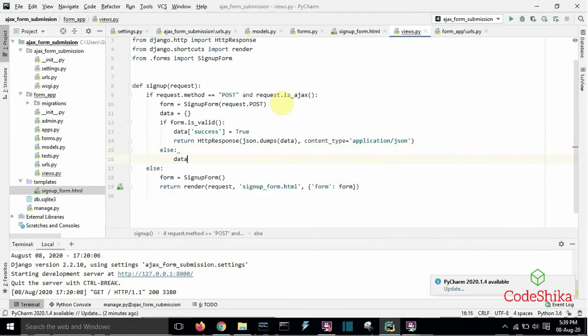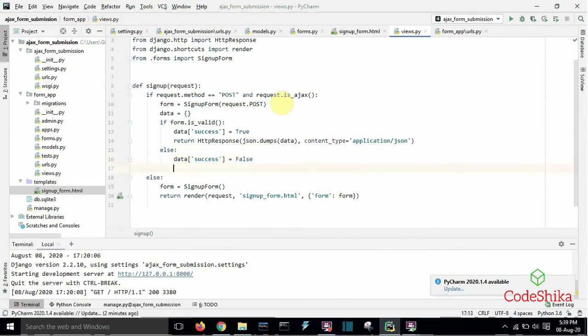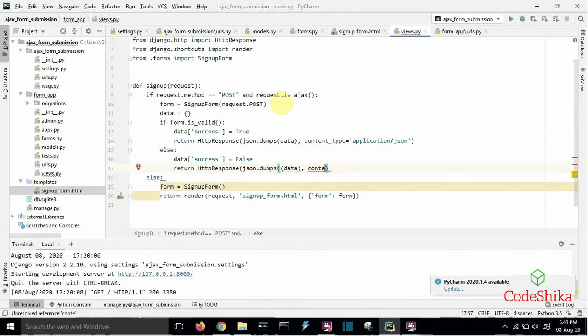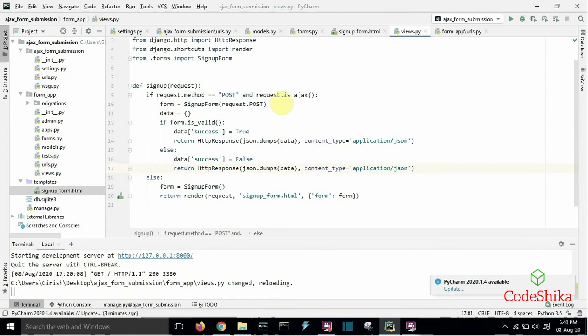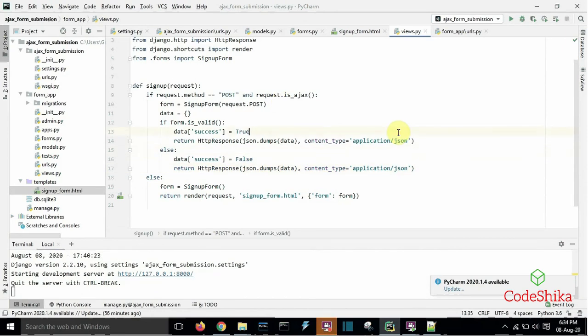Else, data['success'] = False, return HttpResponse(json.dumps(data), content_type='application/json'). Here data will tell the form is valid or not.